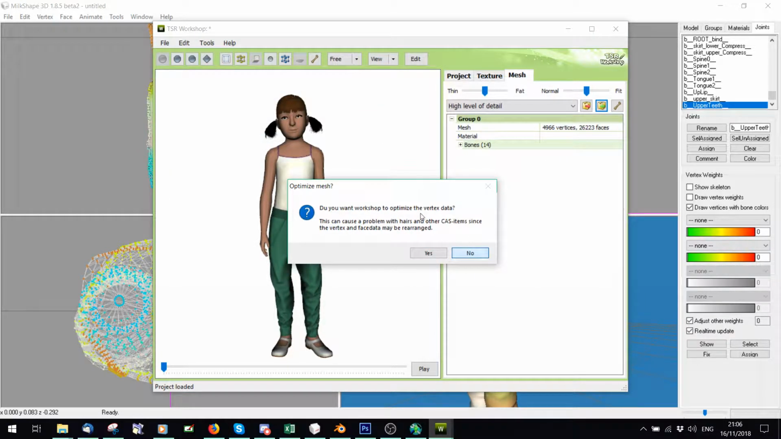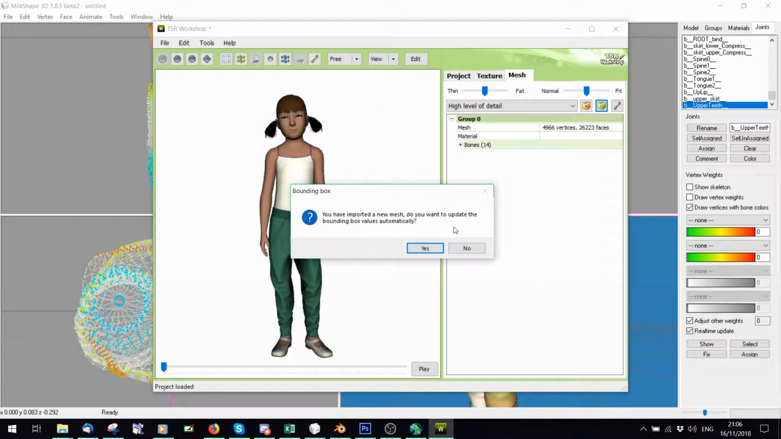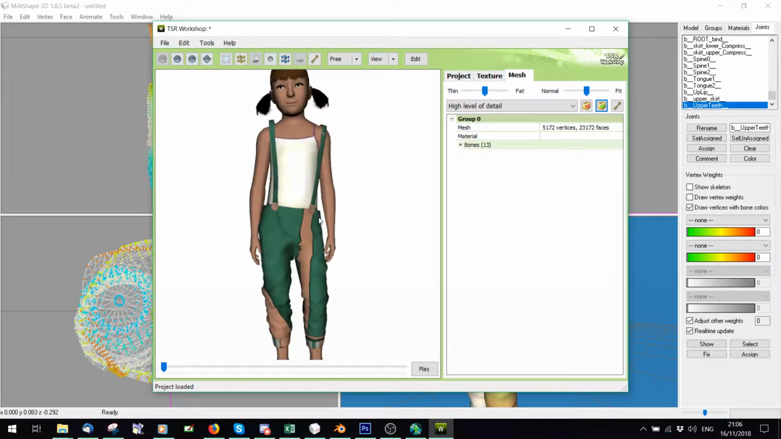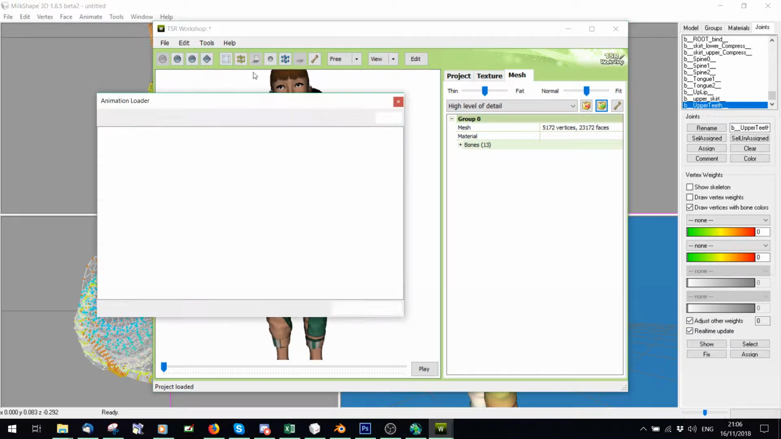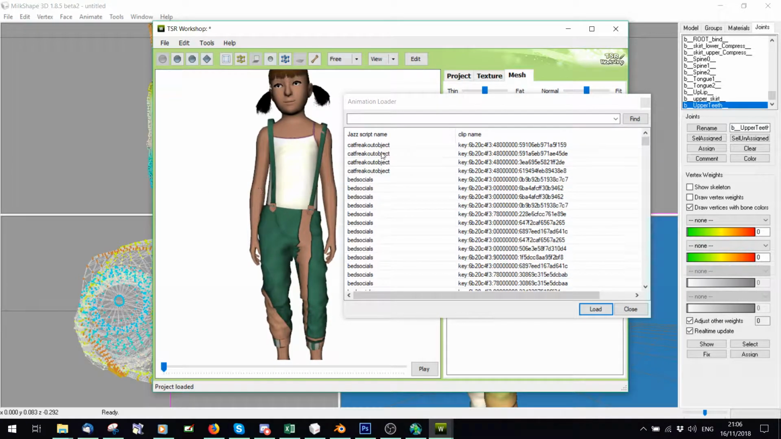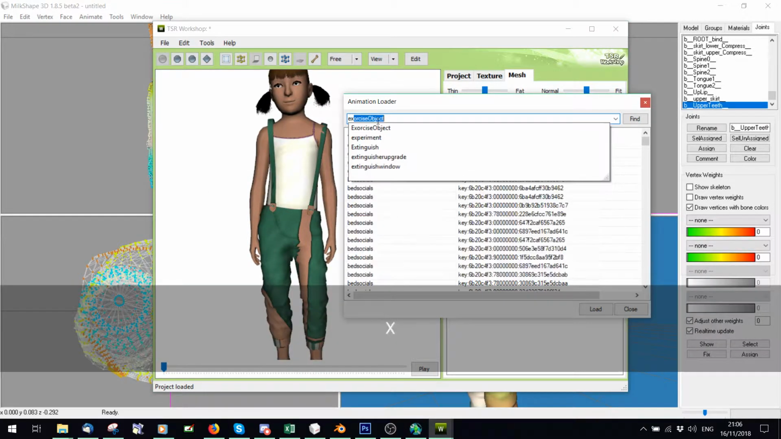no to the first one, optimize vertex data, no, update bounding box values, yes. Right, the texture is horrible, but that's not what I wanted to show you. Load an animation, do textures in a second. That's why it takes a while. For pants, my favorite animation is extinguish